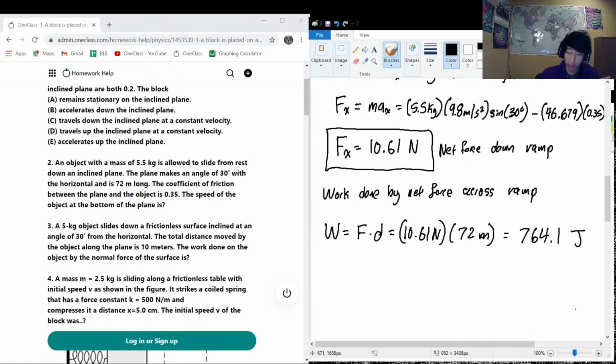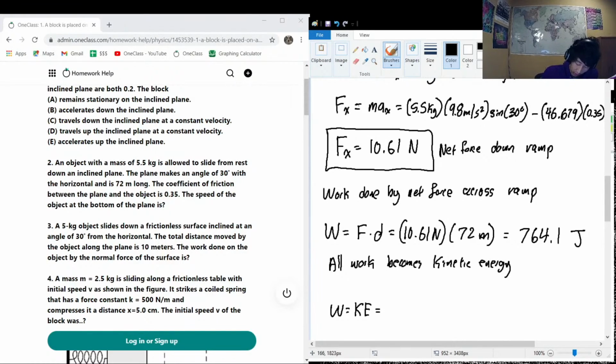of energy, which is exactly where we're going to go next, because we know that all the work becomes kinetic energy. And we've already considered that we have the net force, so we don't need to consider the work done by friction, because that's already incorporated into the force itself. Okay, so all of the work done by the net force is turned into kinetic energy. So work is equal to kinetic energy, which is equal to 1/2